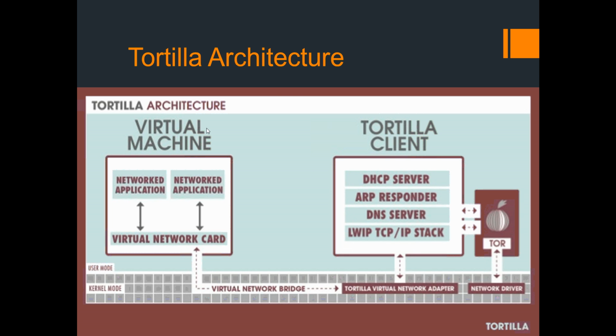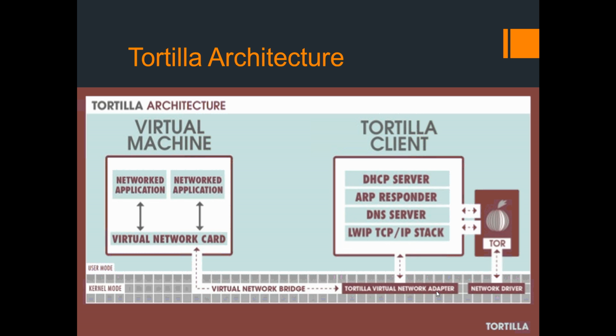So one of the benefits of Tortilla is that the VM application you're using, whether it's Workstation, VMware Player, or anything else, doesn't matter. And also the guest operating system on the VM doesn't matter. Most people running Windows are probably going to have a Windows VM, but you could use something like Linux as well. So what Tortilla does is install a network adapter, the Tortilla virtual network adapter, and disable all network component bindings except for a virtual network bridge,